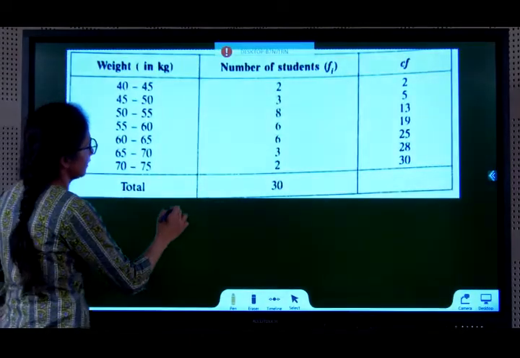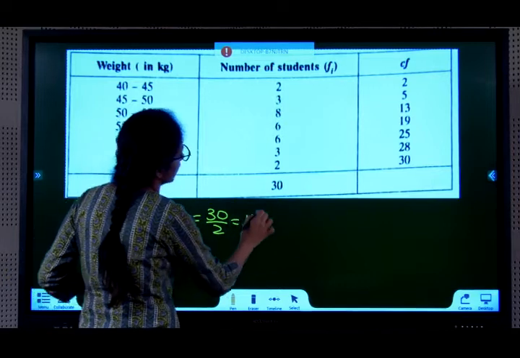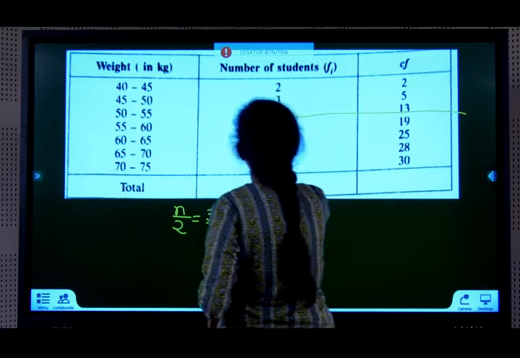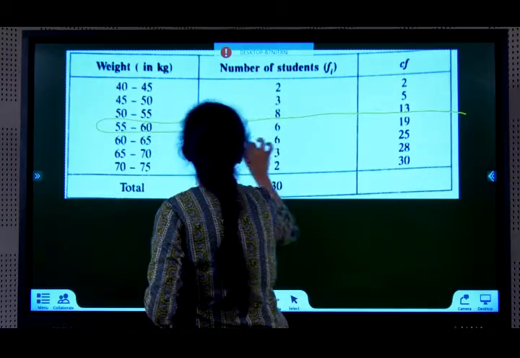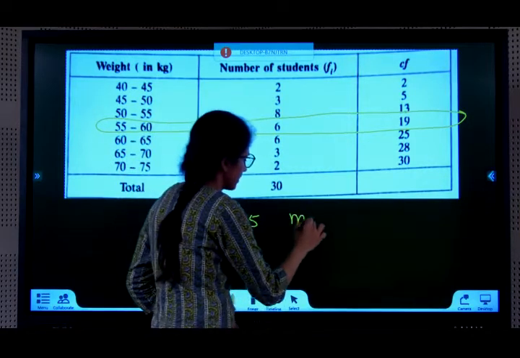So once we get this table, n by 2, 30 by 2, 15. Go to cumulative frequency and try to look for 15. There's no 15, so choose a number after 15. So you will see it's this. So this is my median class. So write down the median class